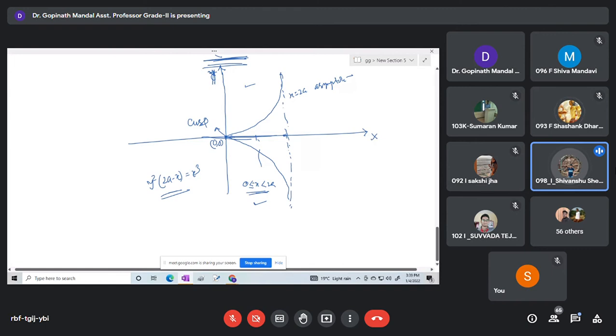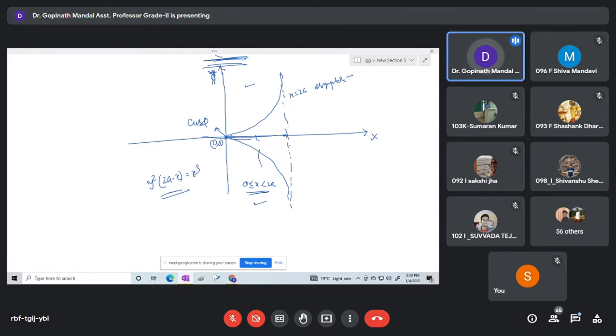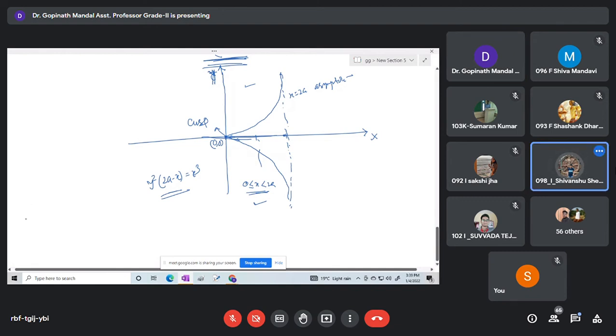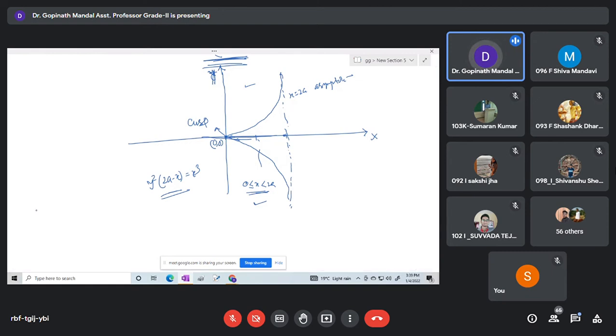So why don't we check maxima and minima between 0 and 2a? Maximum, minimum. Yes, sir. It is needed to find a curve's maximum and minimum. If required, you can check the tangent there. If it is 0 to maximum, no need. Okay, sir. If required, you can draw. You can find the tangent at x equal to 2a or x equal to 0.